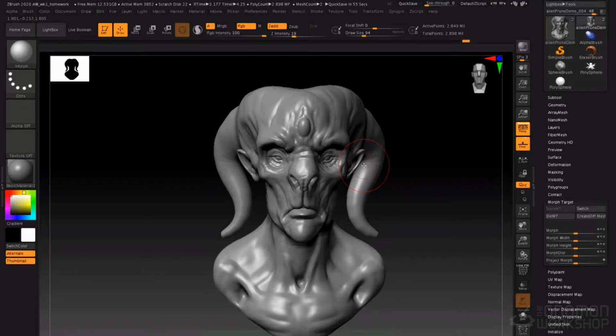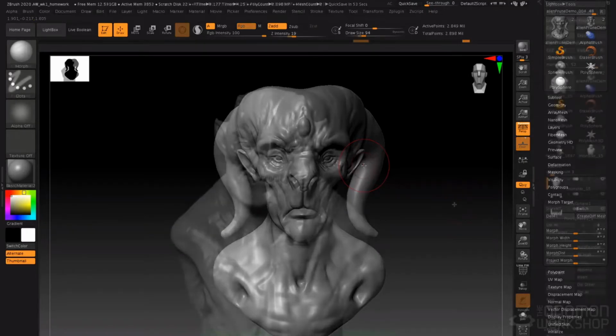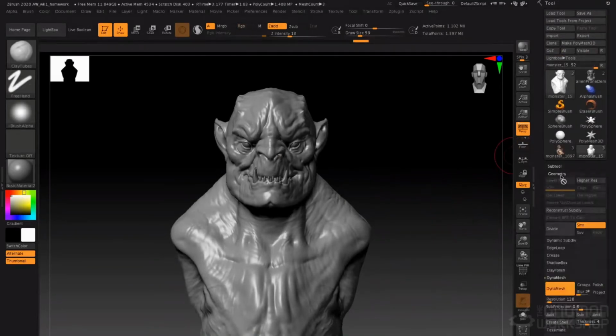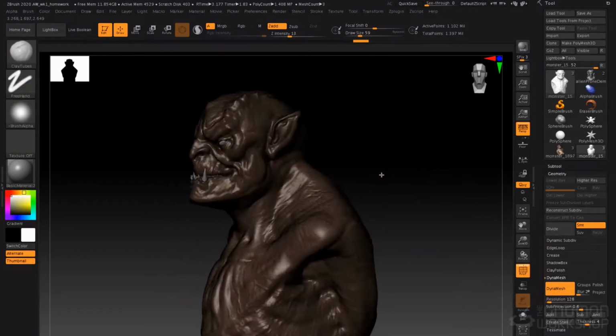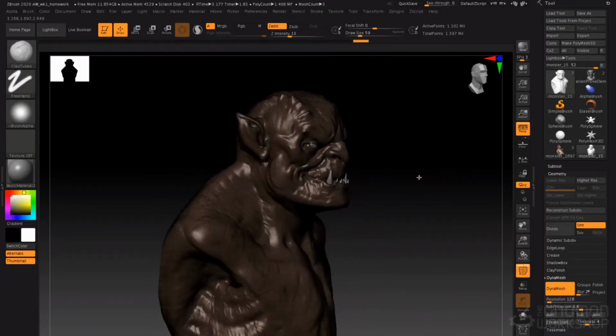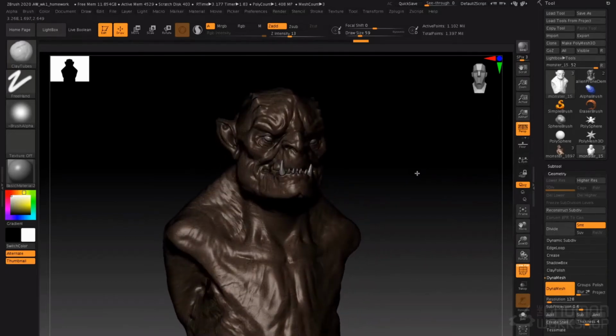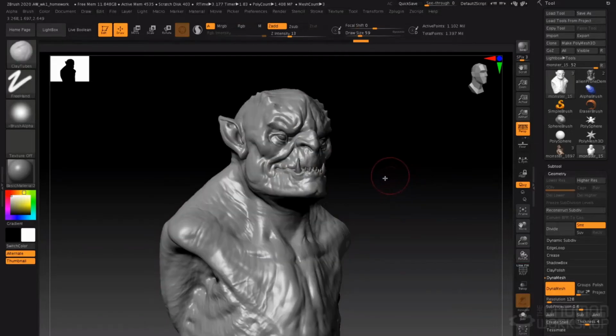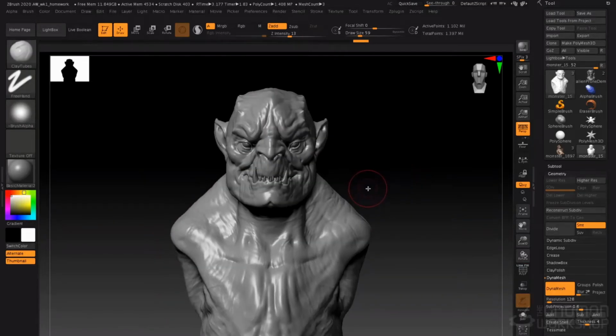There's a different process that we will use if we're working in Dynamesh. Now here we have a mesh that is Dynameshed. If we look under the geometry menu, you see there are no subdivision levels and Dynamesh is turned on. If we go into frame mode, you can see that it is a Dynamesh topology. It's just evenly spaced and distributed little quads. Now, because there's no subdivision levels here, we can't use Smart Resim going up the subdivision levels to actually resymmetrize